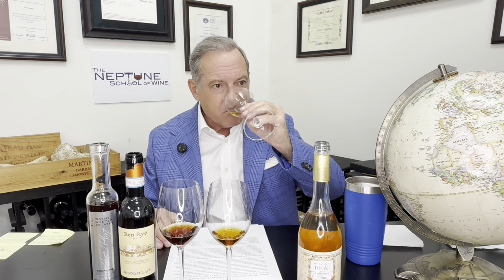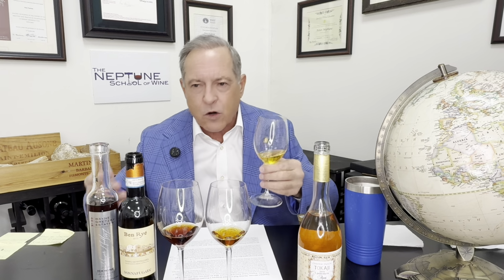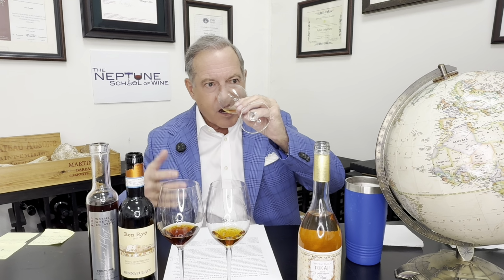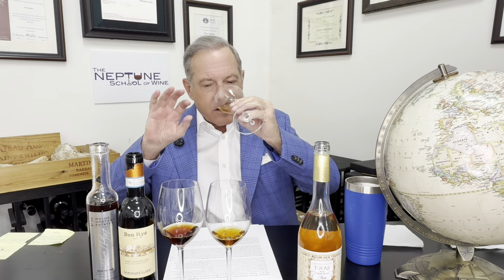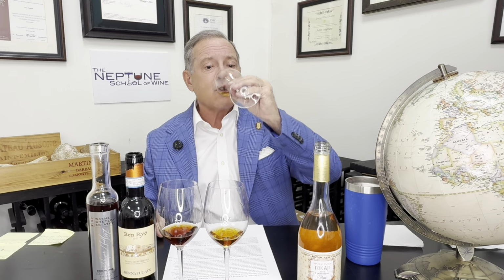But it's this honeyed marmalade, beautiful apricot upside down cake, very complex, layered of orange peel, lemon peel, orange candy, caramel. There's a vanilla in the background. I mean, it's just a quite astounding nose. On the palate,